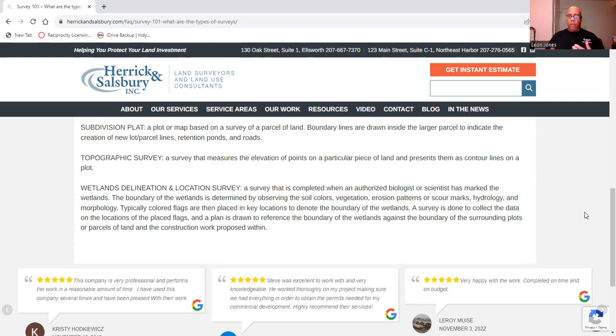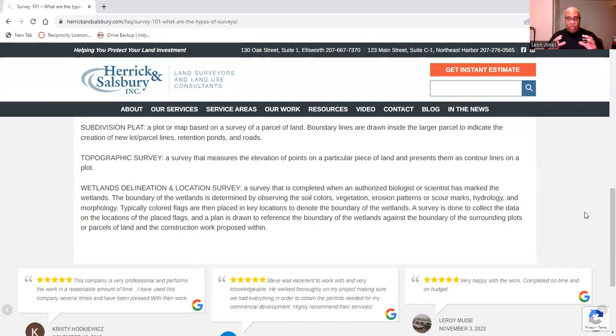Now, you have other types of surveying as well, like route surveying and construction surveying, where you're going to get cuts and fills when you're placing a road or you're putting a dam in, or any type of structure. And you have cadastral surveys, photogrammetry, and you have survey computations. You basically use a lot of survey computations when you are correcting error when it comes to closing a traverse. And the last one I want to present to you is the Wetlands Delineation and Location Survey.